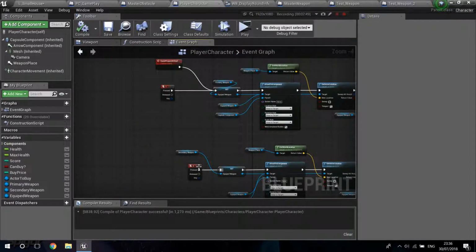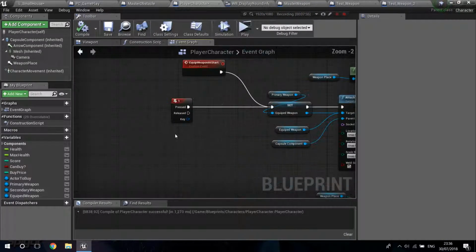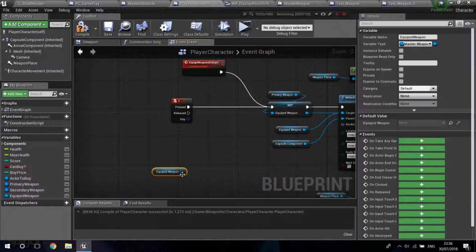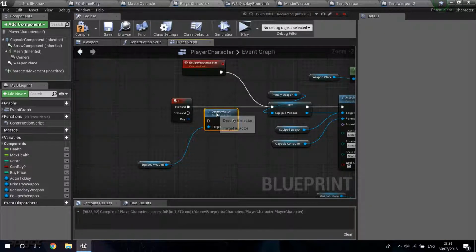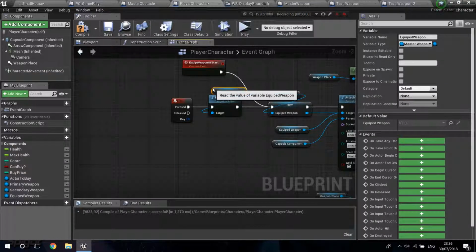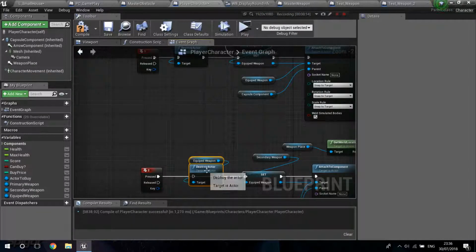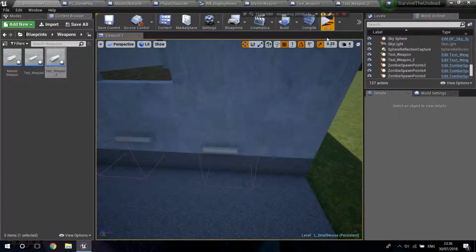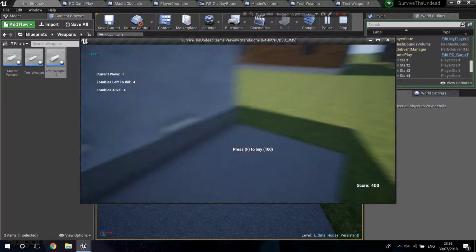Before we do any of this, I'm just going to go into our equipped weapon. So you're going to get our current equipped weapon, and I'm just going to say destroy actor. So before we spawn and set another one, we want to destroy it. And I believe that's going to make it work. So we have this one, and we can come over here, buy another one. If I press 2,